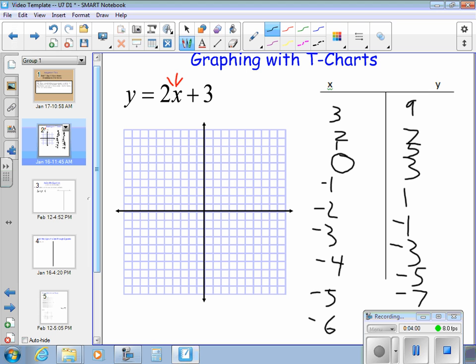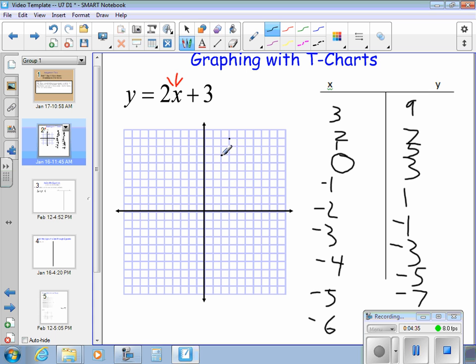I'm going to use the computer to graph because of the inaccuracy on the smartboard. So first we have an x value of 3 and a y value of 9. So let's go over here. X is 3, and then we go up 1, 2, 3, 4, 5, 6, 7, 8, 9. And we're going to put a dot right there. And then we've got 2 and 7, there's 2 and 7,